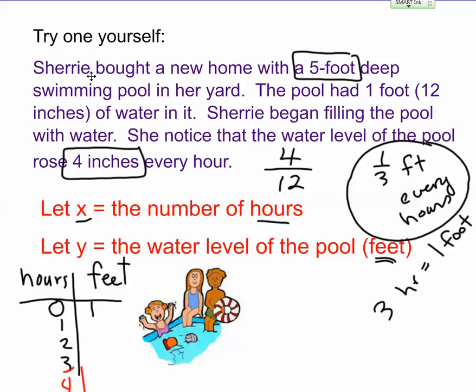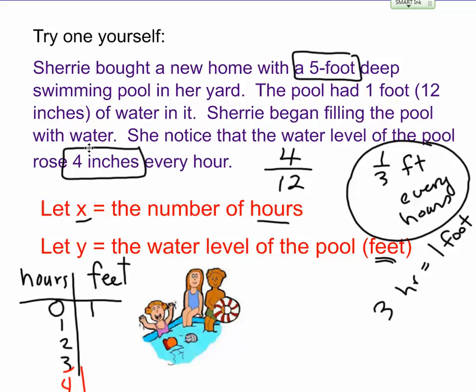So I said, try one yourself. Sherry bought a new home with a 5-foot deep swimming pool in her yard. The pool started with 1 foot of water, which was 12 inches. Sherry began filling the pool with water, and she noticed that the water level of the pool rose 4 inches every hour. Now we're mixing units of measure here,